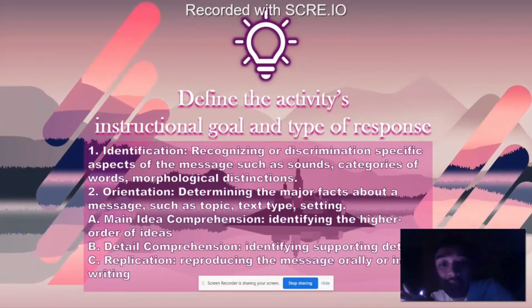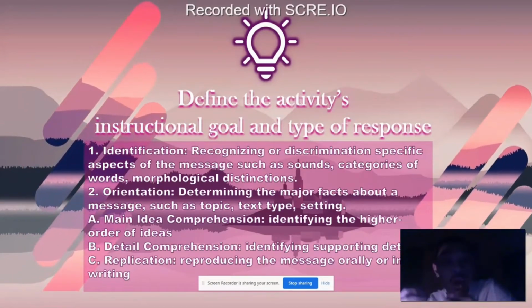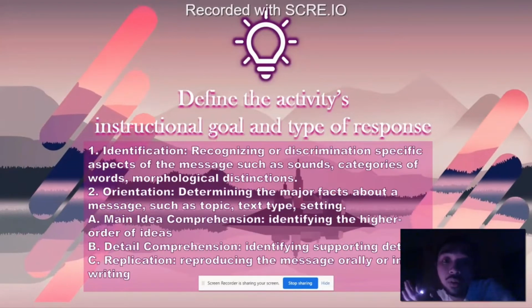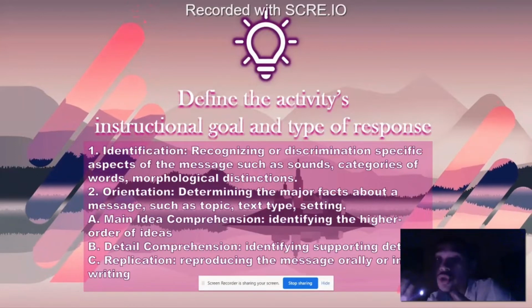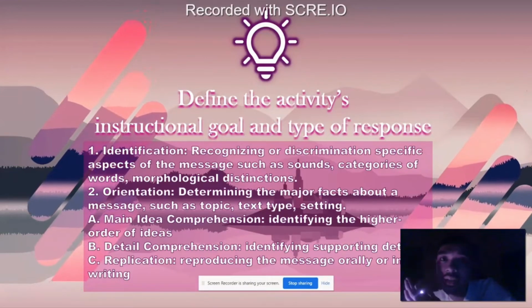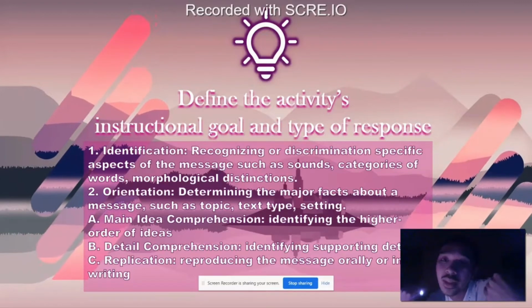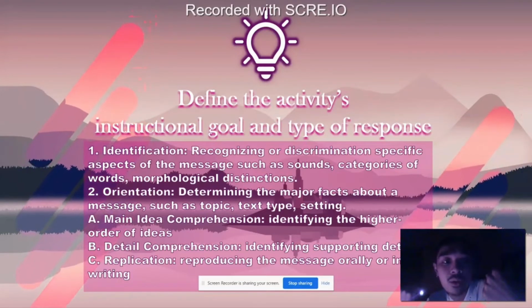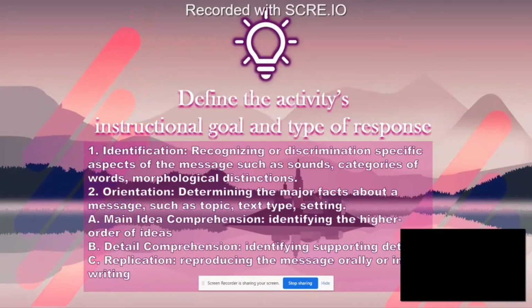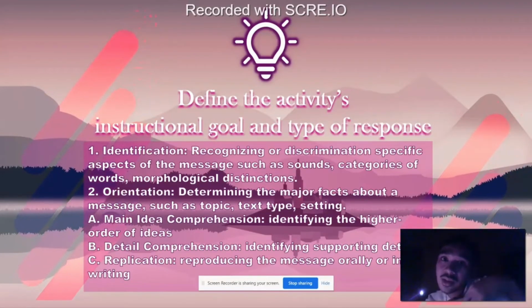So the first is the main idea comprehension. Make sure that the story or the text was understood, the whole gist of the material was being digested and being understood by the students. Letter B, detail comprehension, identifying super details. It goes back to where we discussed last year, where you don't just read because you're reading. You read to gain a deeper understanding, and not just surface level, but underneath,